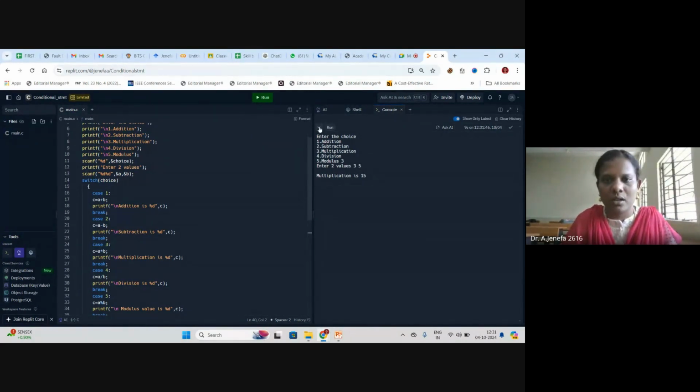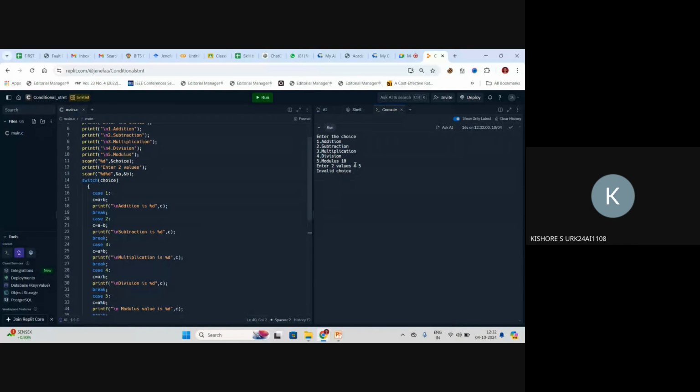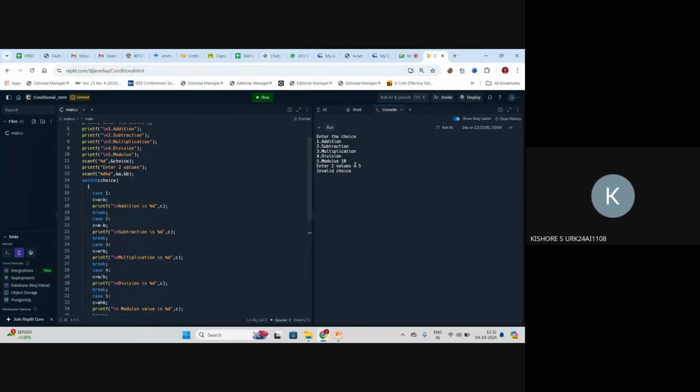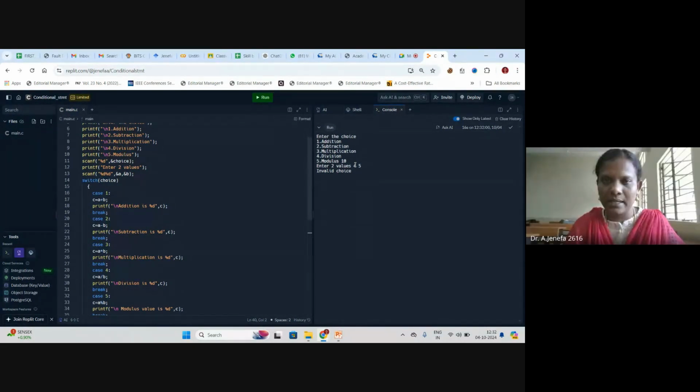Let me run it again. If I give the choice value as 10, that is actually not a correct value, because the choice values are from 1 to 5. If I give the value 10, what will it display? It will display the statement given in the default case. If the choice value is 10, which does not match any of the cases, it will give the output invalid choice. So this is how the switch statement works as a conditional statement. Hope you understand the concept of